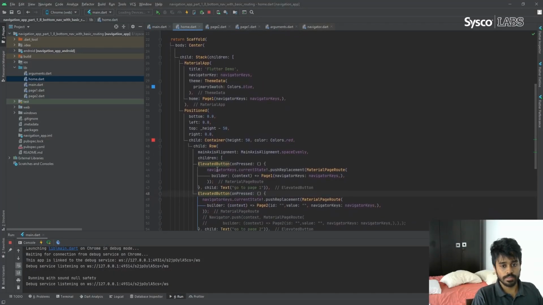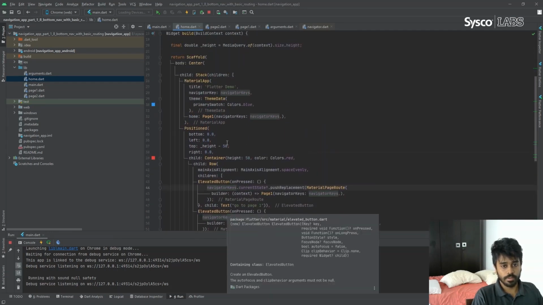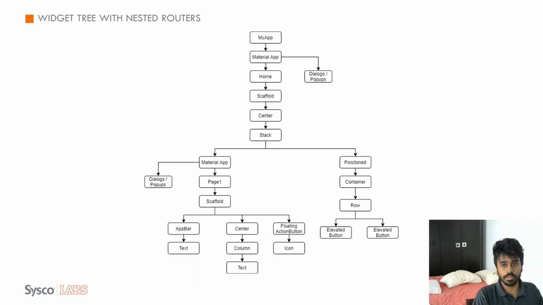Here, if you can see, I'm passing a navigator key, but let me explain about the context also here so that I can explain how that works. Context is something where you can basically refer to any widget in the widget tree. So if you have the context of this, then the Flutter application knows where this widget is. That's why we always need to pass this context to the navigator.